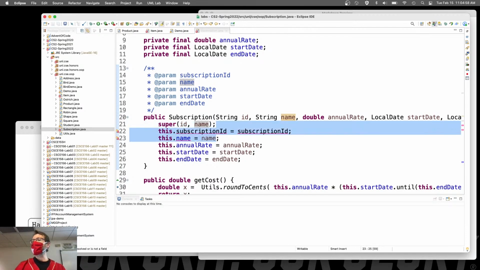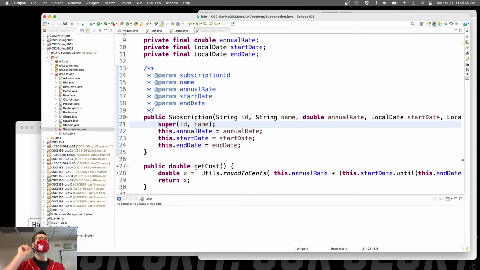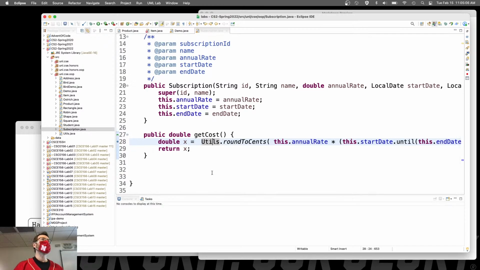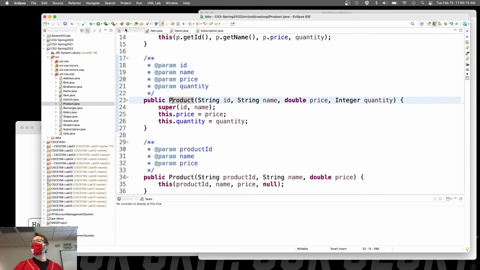I don't set those directly anymore at all. I let this superclass handle that so that I don't have repeated code. Otherwise, everything else is perfectly fine. All right? Now, let's remind ourselves what